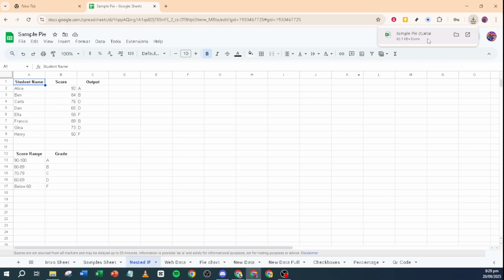You can now access it anytime, even without an internet connection. This is incredibly useful for working on the go or saving important data to ensure it's always at hand. I hope you found this guide helpful and that downloading your Google Sheets now feels like a breeze. With practice, this will become a quick and routine task.